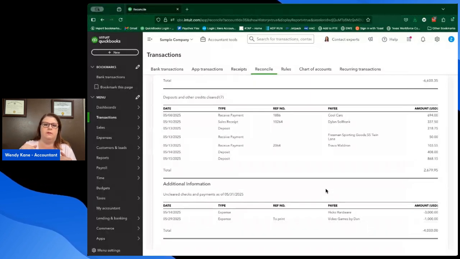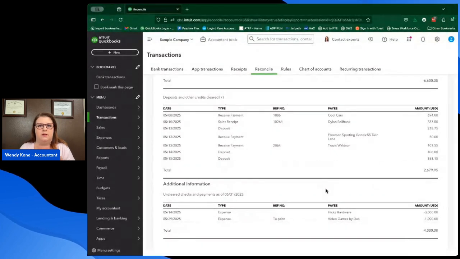Somehow it came through the bank for a different amount. A lot of times this happens with deposits, like they take out the credit card fees or the bank fees, so you don't get the full amount of that deposit. And those will really throw you off, because if you're recording deposits over here, but they're coming through the bank at less, and then you get both of them in there, then your balance is really off, and then your reports